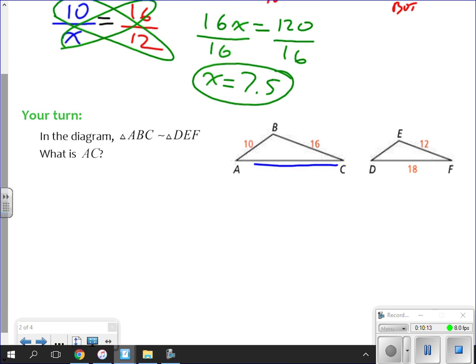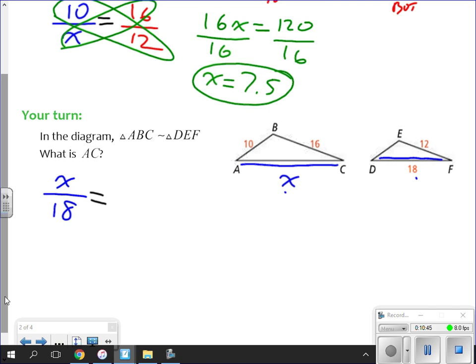I'm looking for this, and I'm going to call that X, because that's what I'm looking for. So I have one side AC in the first triangle. Which side in this second triangle does that line up with? Lines up with DF, this one here. So that means I have X and 18. Those are my two sides. I have X over 18